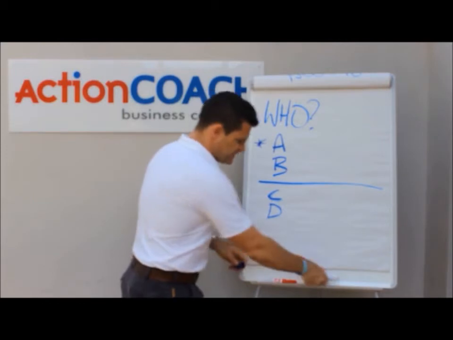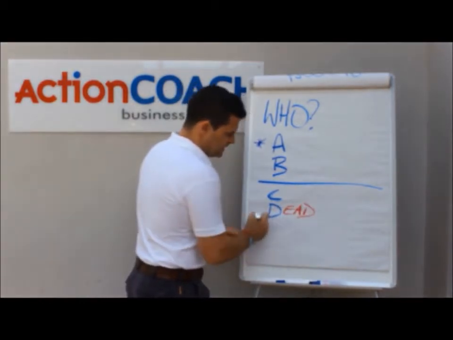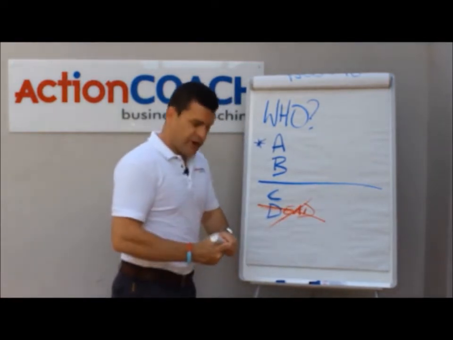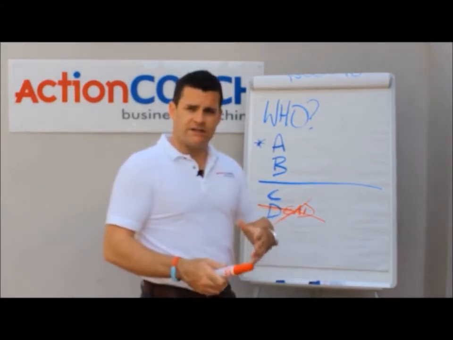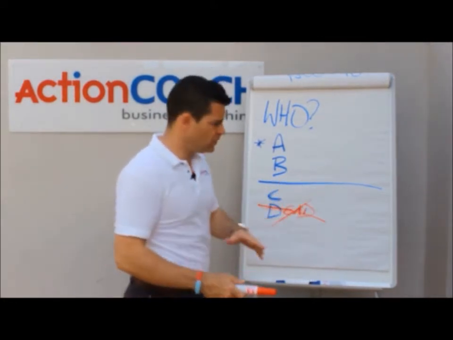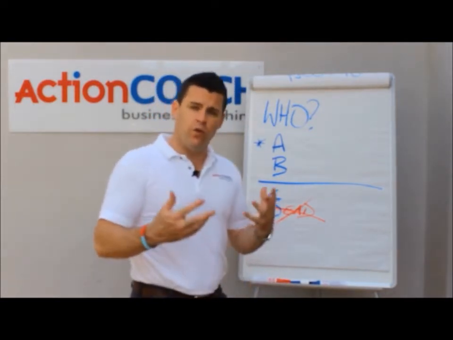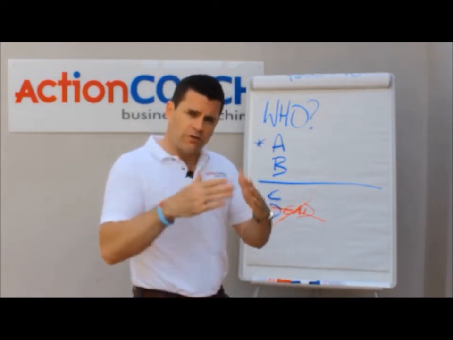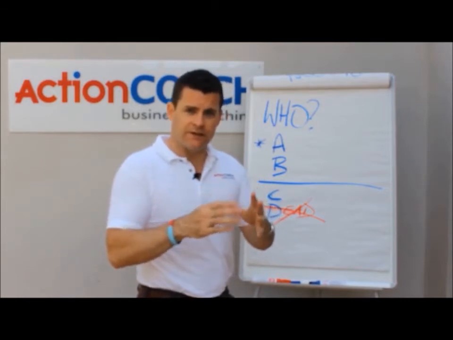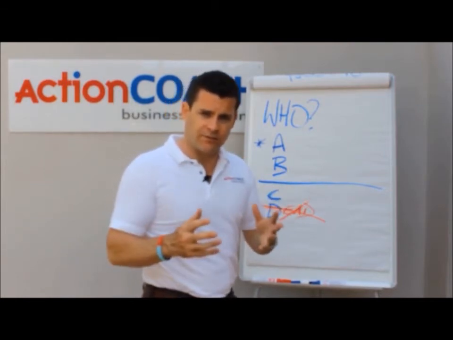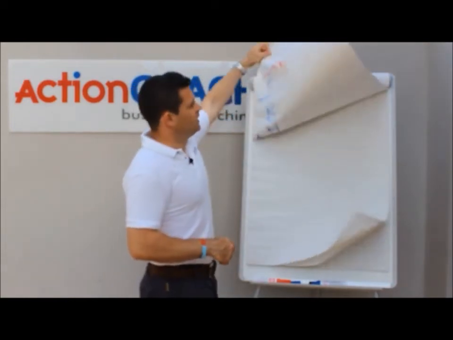But at the other end of the scale, you've got the D's, and the D's are basically dead to your business. By not having them, you'd be more profitable, you'd have more time. So we need to look at who your ideal clients are. I'm not going to go into how to grade these now, but you've really got to understand who you want as a client, and then you can do all your targeted, bullseye marketing to that ideal client. Everything revolves around them as opposed to some scattergun approach to take any Tom, Dick or Harry who comes along. So that's the very first question, who.